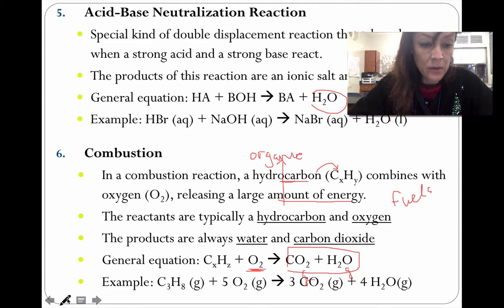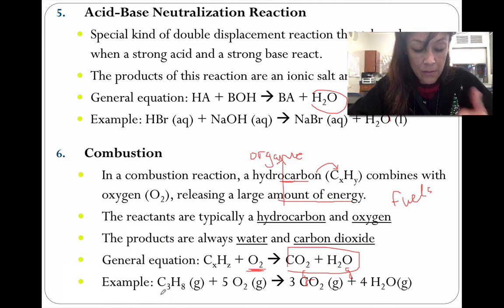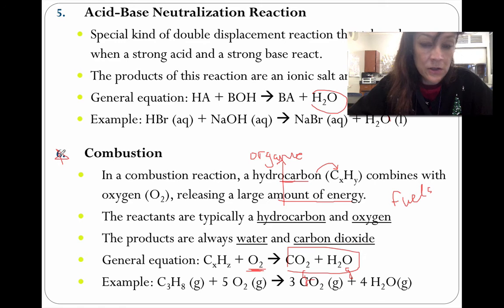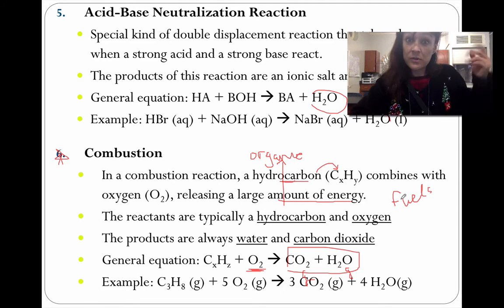Here's an example. You've got 1, 2, 3 carbons, meth, eth, prop. So this is propane in the presence of oxygen, releases carbon dioxide and water. Okay? Always. Combustion reactions are super duper important in terms of fuels from your hydrocarbons, but also in terms of